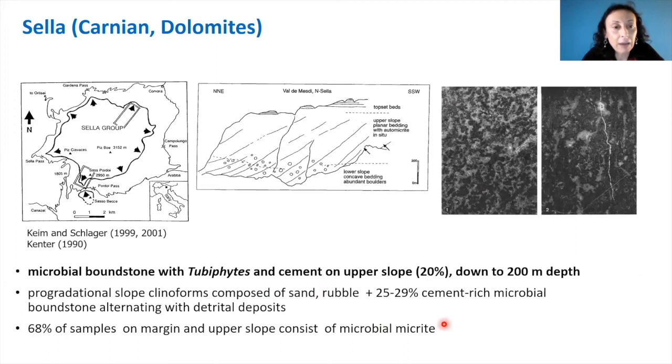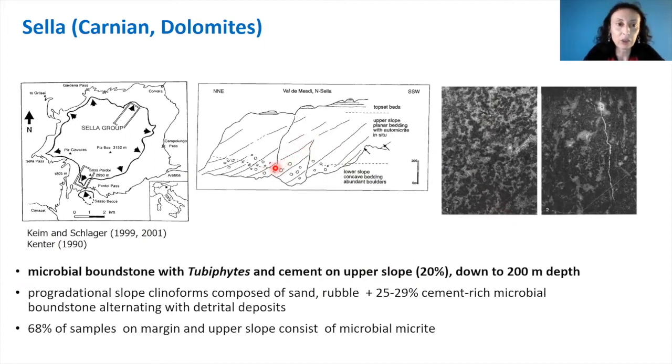The Sella platform was studied by Schlager and Keim around 1999-2000, who first identified that a significant portion of the upper slope, planar clinoform of the Sella were dominated by clotted peloidal micrite due to microbially mediated precipitation lateral to